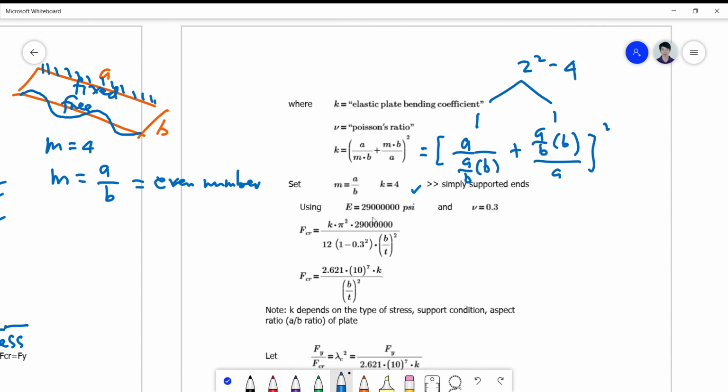Okay, again, using E equals 29 million and nu as 0.30, Poisson's ratio of steel,